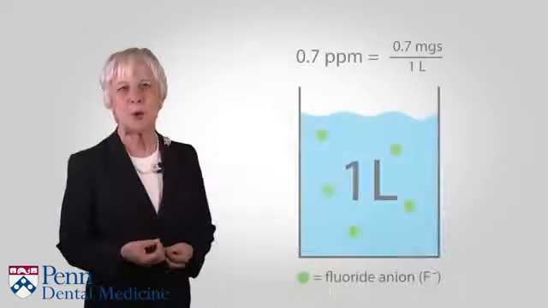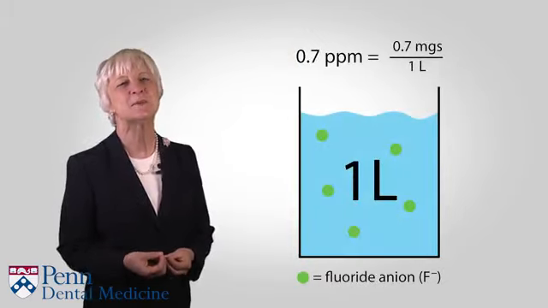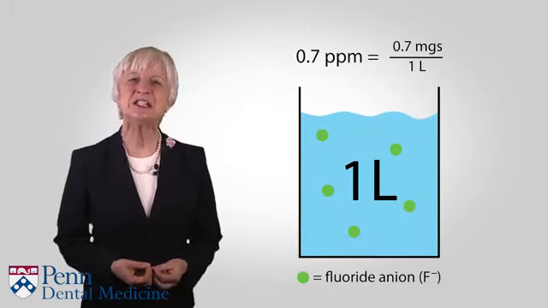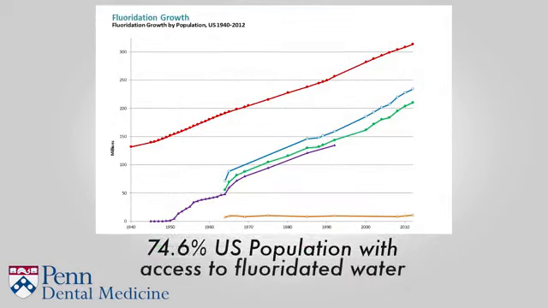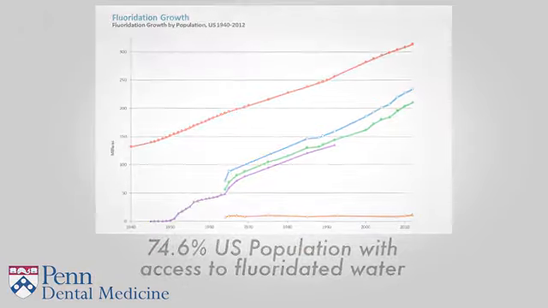As an example, fluoridation of community water supplies to reduce dental decay represents one of the most enduring and successful dental health programs. Defined as the adjustment of drinking water to the ideal of 0.7 parts per million, the implementation of community water fluoridation has shown a steady increase throughout the United States since 1940, as identified in the CDC graph, with 74.6% of the United States population able to access fluoridated water.